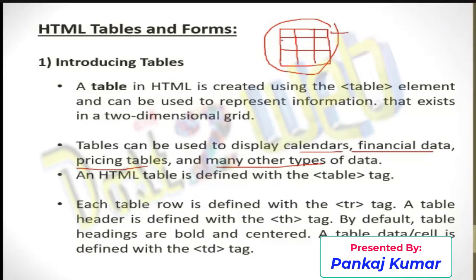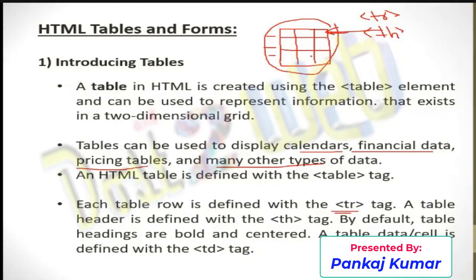So when you want, the first one, you can see that in any table, the first row is called the table header. That means it will be denoted as th. This is also a row, but in that you will have a header. And for all the remaining ones, first it will create a tr tag. Okay, table row. In the table row, first will be the table header. Then after that, for the remaining, again tr will be there, right? So that's why we mentioned here that each table row is defined with the tr tag. However many rows you have, each will be defined with the tr tag.